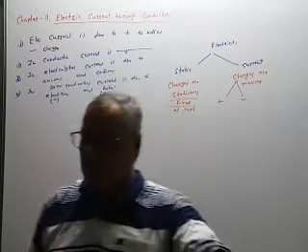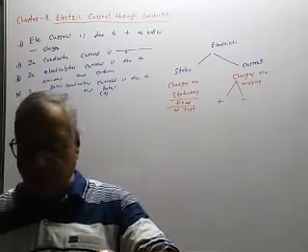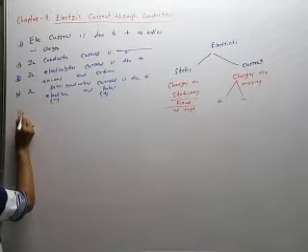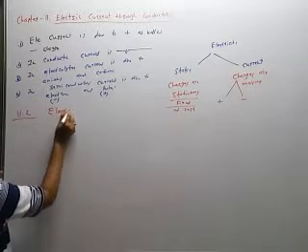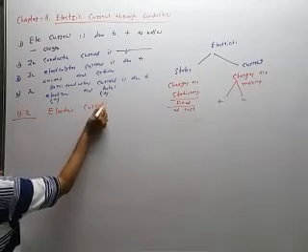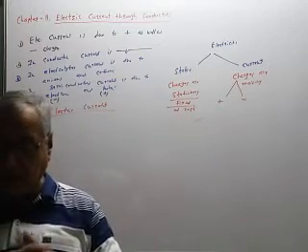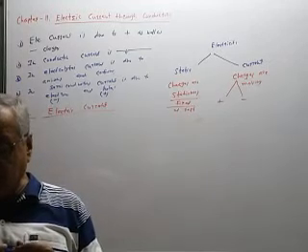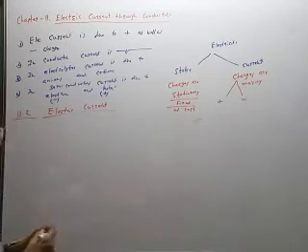OK, so we will see article number 11.2. It is deleted from our syllabus. Electric current. The title is given as electric current, and the question is given: derive an expression for the current generated due to the flow of charged particles across a plane. So we are considering this type of current.